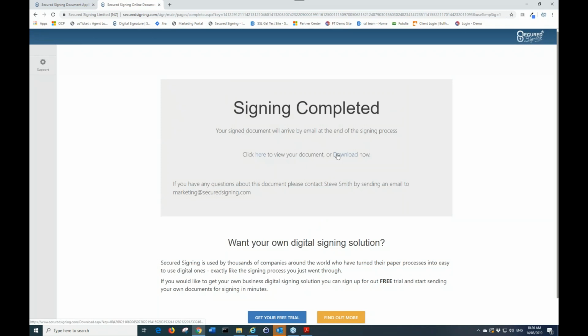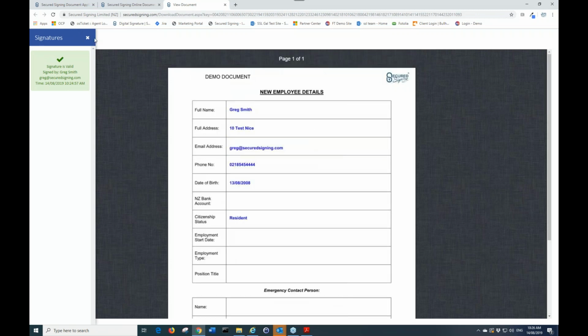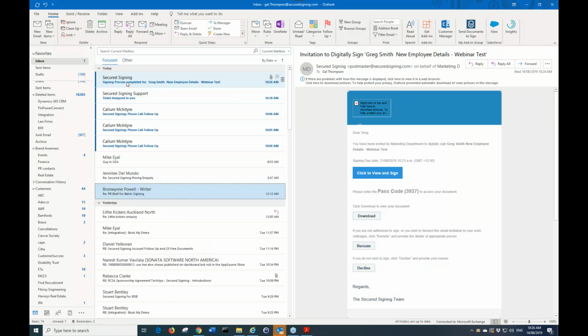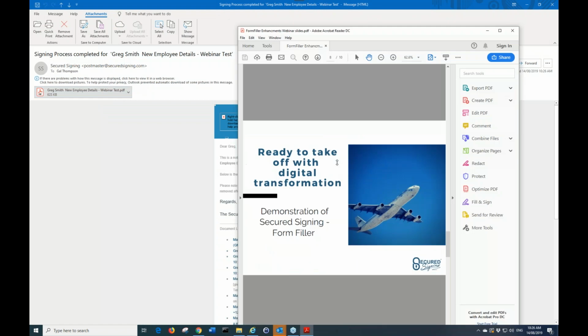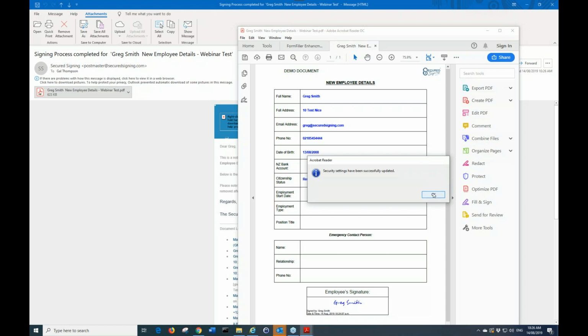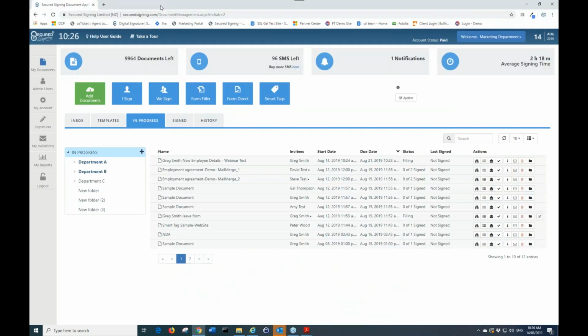Okay? And then you can view the document here. So this is the document, and also there will obviously be a completion email sent to everybody with the information. Here we go. So this is the signed document here. So that's it. Now, in terms of, if I go back to secured signing, just trying to think